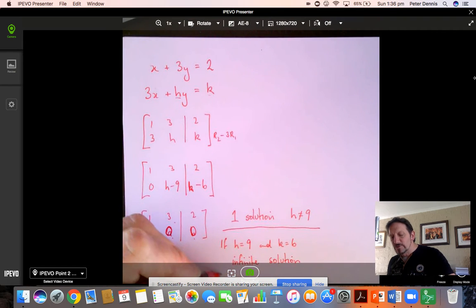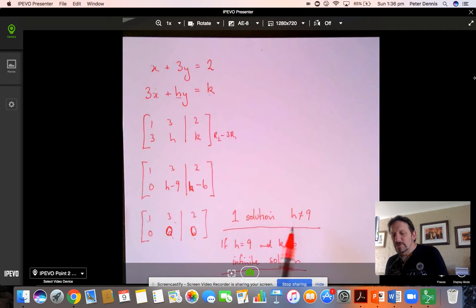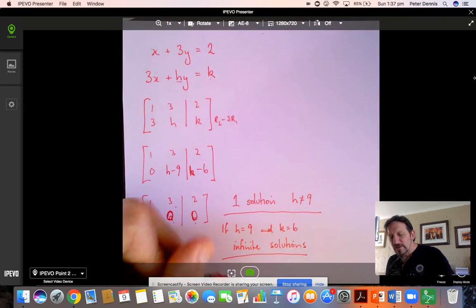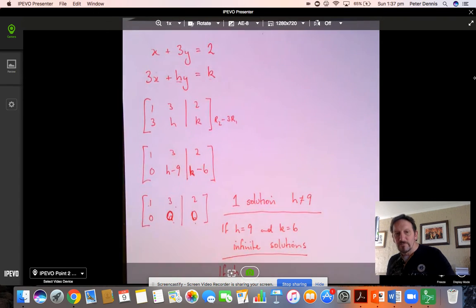So we get one solution if h doesn't equal 9. If h equals 9 and k equals 6, that's infinite solutions. What happens if there's no solution? Well, if h equals 9,